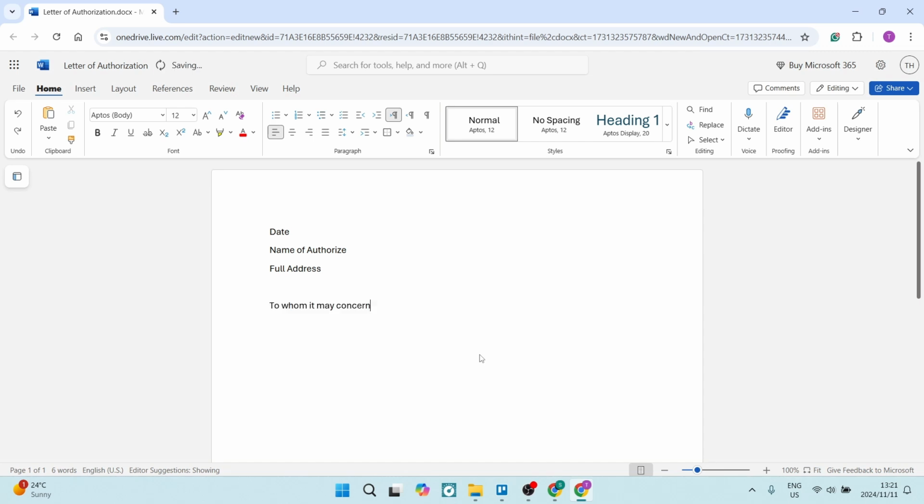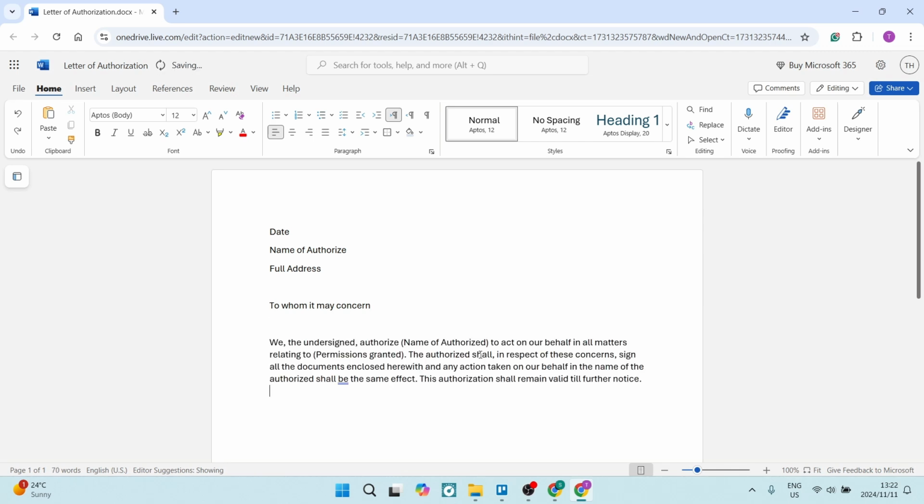Next, we're going to start our letter and we say, "To whom it may concern." This could be addressed to anybody that is concerned in this matter. The body of this letter of authorization will read, "We, the undersigned, authorize," and then you're going to put the name of the person that you are granting permission to. Full name, "to act on our behalf in all matters relating to,"